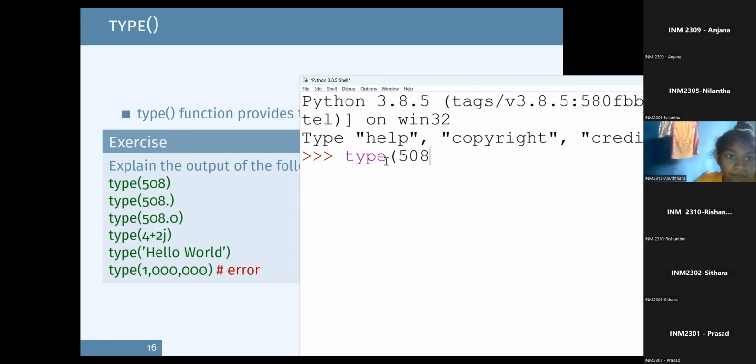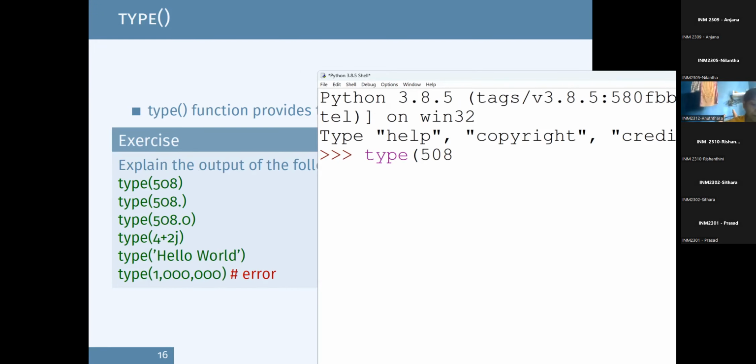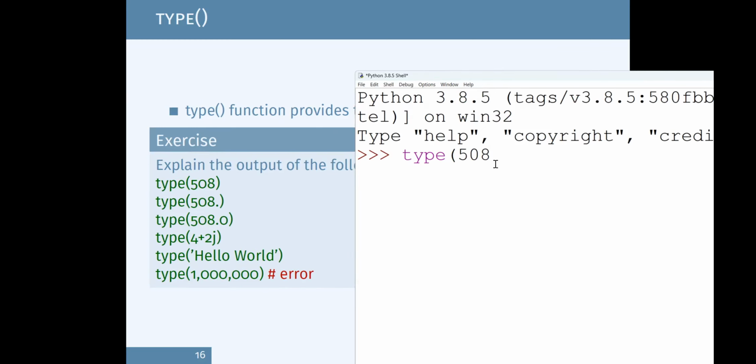So we have type, and then under the type, we can use the type of data. You can see this is identified as an integer class.